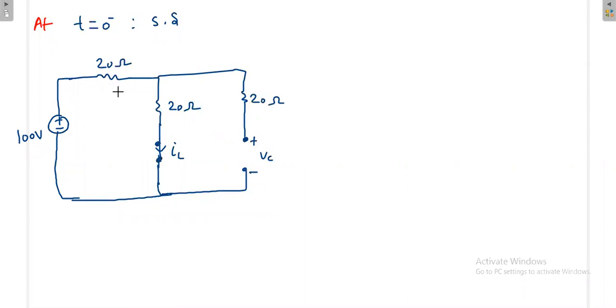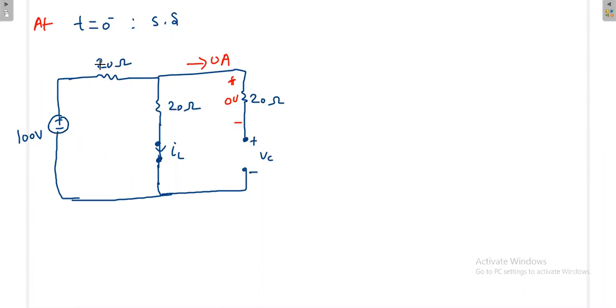If you see this resistance network, 20 ohm and 20 ohm, this is open. On this side, this 20 ohm, again an open circuit. So how much current will flow? 0 ampere current will flow. Then what is the voltage drop here? Because of 0 ampere, the voltage drop here is 0 volt. But we have to find out what the voltage is here. Once we apply KVL, the voltage across the capacitor is decided by the voltage across this 20 ohm and this 20 ohm. But as that is 0 now, the voltage across the capacitor is simply equal to the voltage across the resistance. If you see this network, this is 0 ampere.